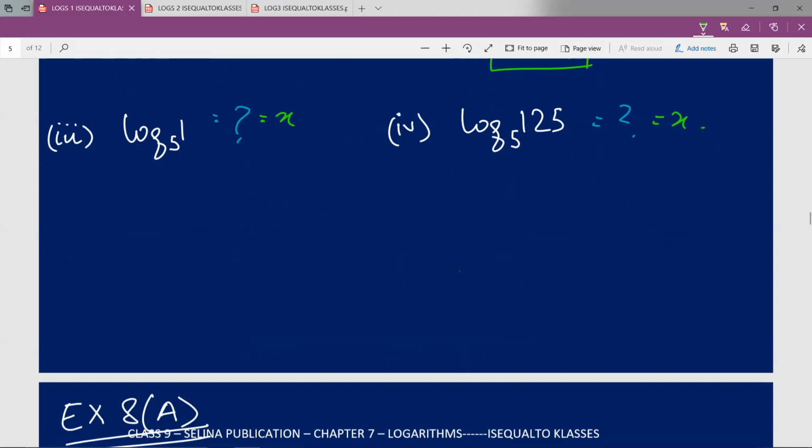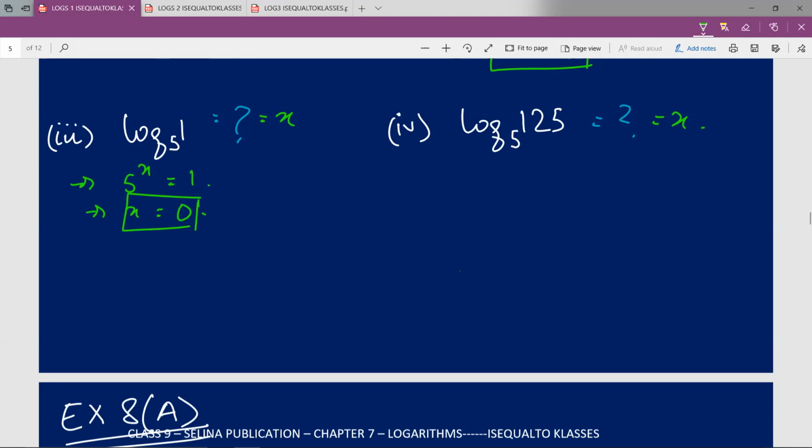Moving on to the next subpart, the second last subpart of this video, finally. Over here, log of 1 to the base 5 is equal to x. All you have to do is arrange the logarithmic form in the exponential form and you'll be good to go. So 5 raised to the power x is equal to 1. As I've said before, repeatedly, any constant that has the power as 0 will be equal to 1, except 0 raised to the power 0, which is not defined. So therefore, x will be equal to 0.